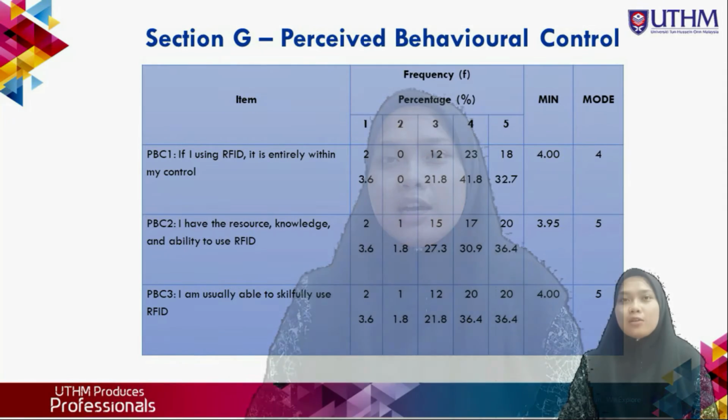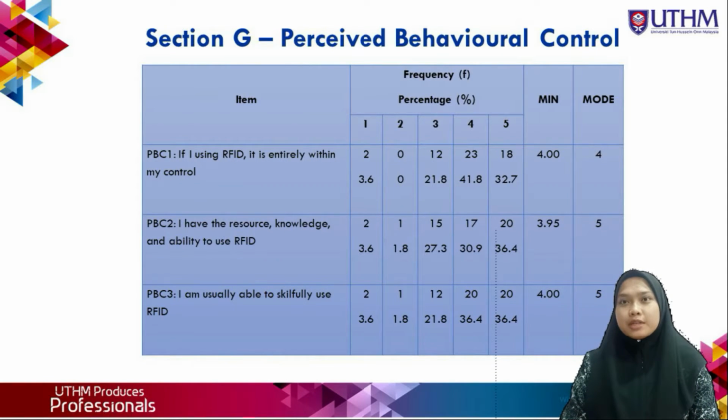I will continue our presentation with section G, perceived behavioral control. Based on the table, an examination of respondents' views on the perceived behavioral control using RFID that influence them to use RFID toll payment shows that the highest is "If I am using RFID, it is entirely within my control and I am usually able to skillfully use RFID," which means 4.0. Meanwhile, the lowest perceived behavioral control using RFID is "I have the resource, knowledge, and ability to use RFID," which